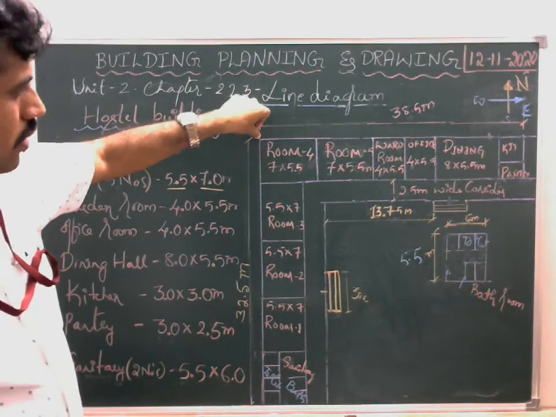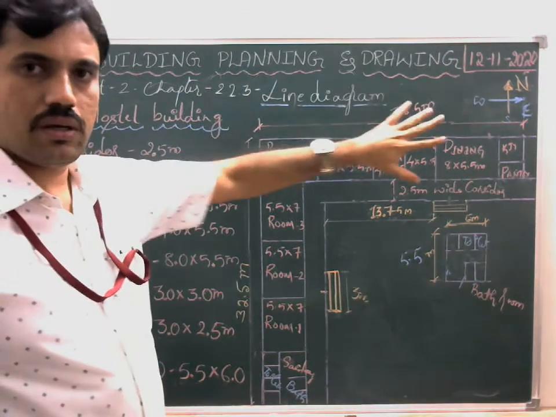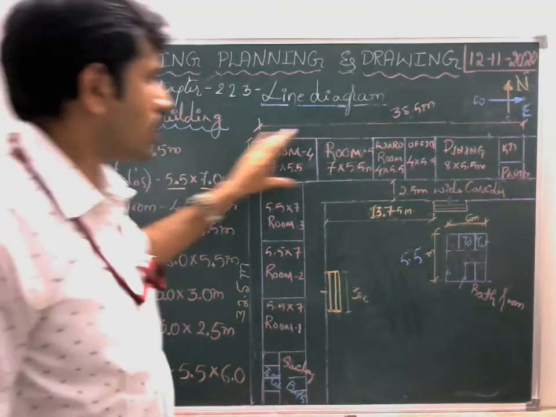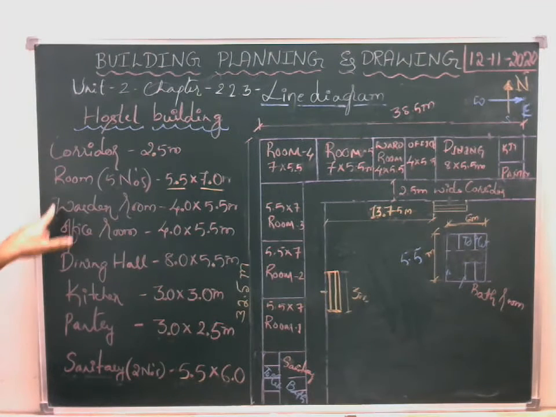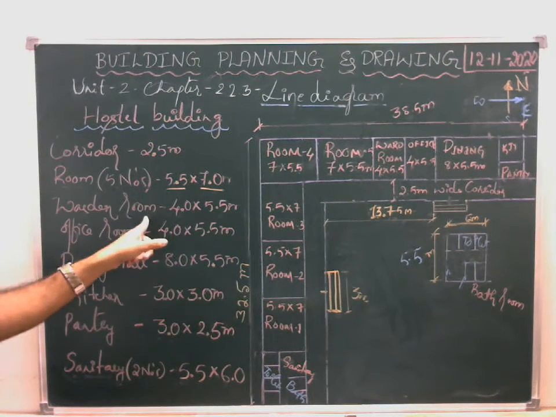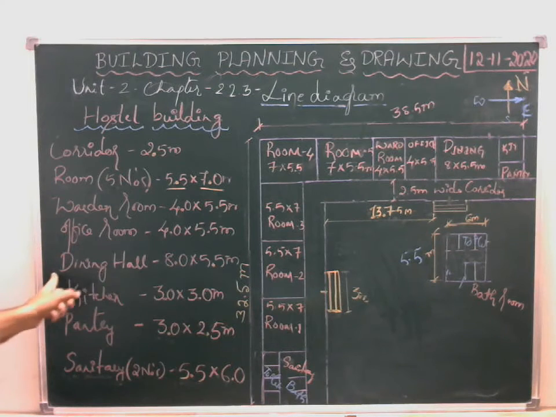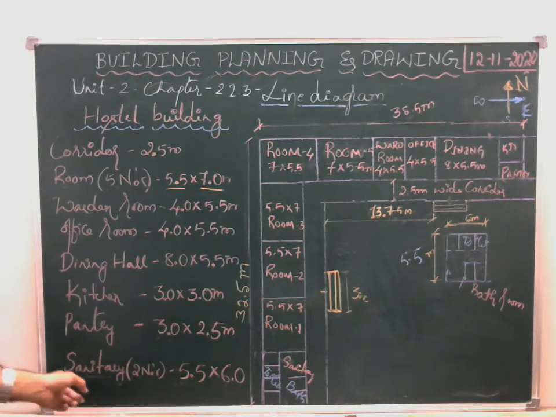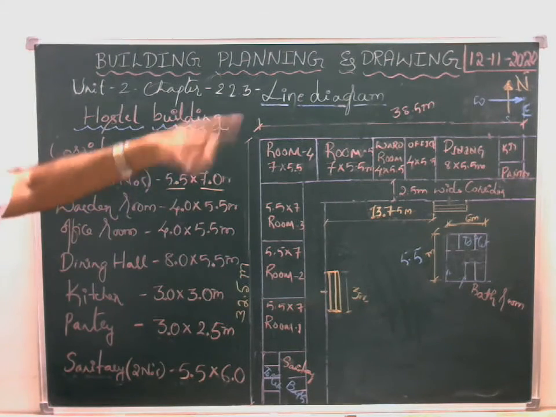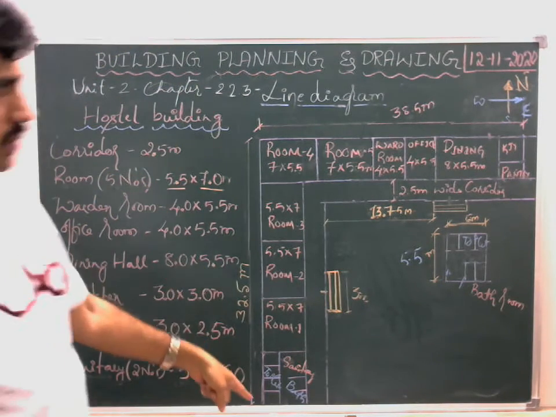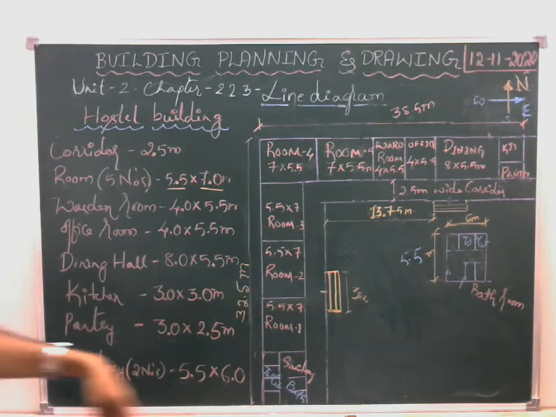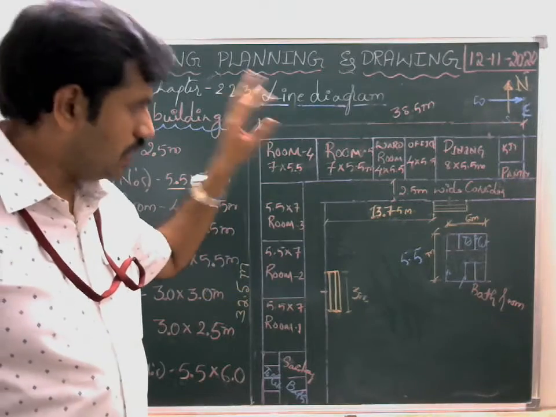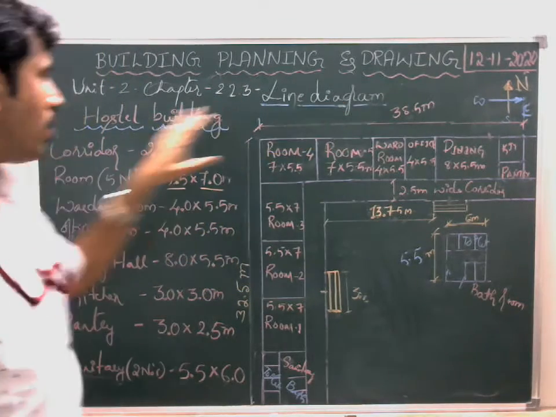Start from here. So place the compartments or rooms in such a way that you should not get confused. First start with the room, then provide the warden room, then the office room, then the dining hall, then the kitchen, and then the pantry, with sanitary at both ends, that means in the northeast direction as well as in the southwest direction. So I have prepared, that means I have shown a building or line diagram for the hostel building